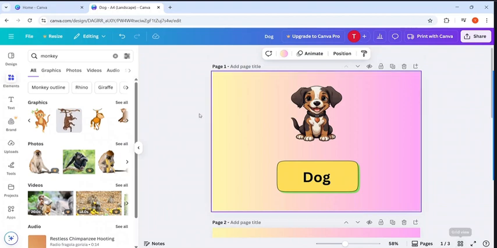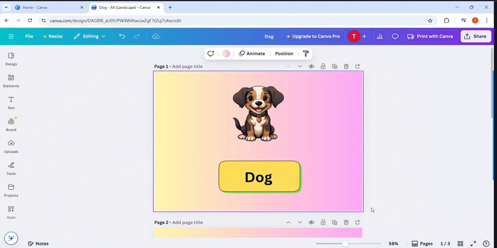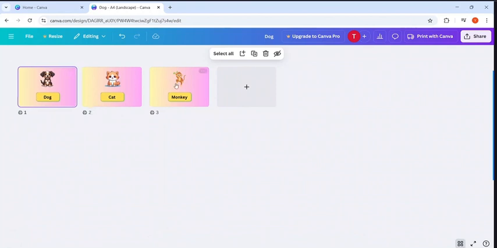Okay, so now this is like this. And for the background I'm just going to change it, as an example, let me use this gradient color. This one is fine. So like this, I have created one page. Now what I can do is click on duplicate page, and instead of the dog over here, I'm just deleting this, and I'm going to elements, and I'm just selecting cat,